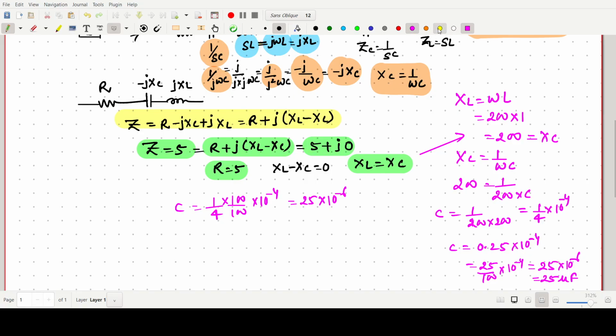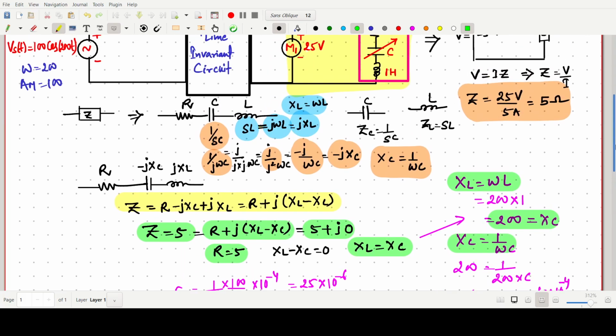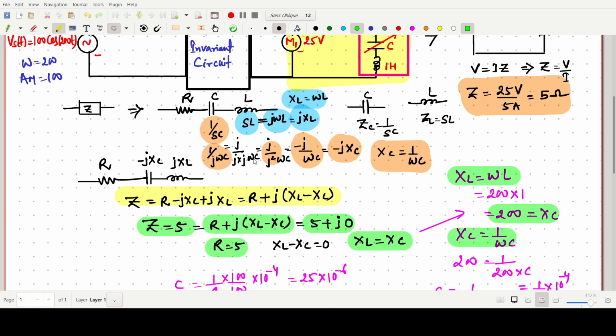So our answer for this question, we have to find the capacitor value, is 25 into 10 to the minus 6. XL equals to XC. So we have found the value of XL first. XL equals to XC, 200. So XC equals to 1 by omega C. And after putting, it will come 25 microfarad. So it can be easy. But this one is the theory, means how we have to find the RLC. So we can write XL and minus J XC. Okay. Then simply we have to write the